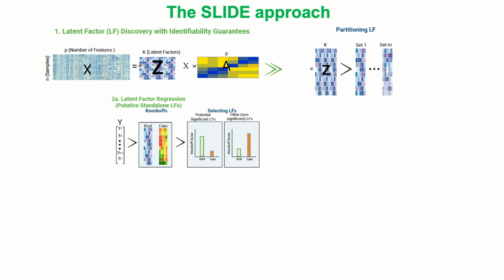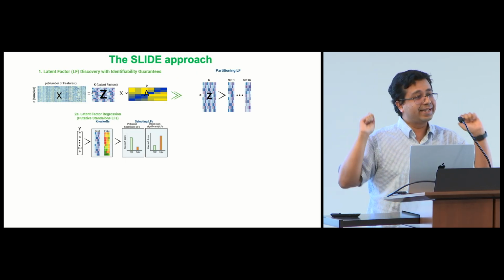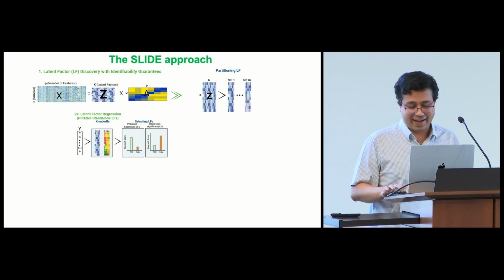So rather than using the p-values on the individual regression coefficients, we use an overall method for false discovery rate control developed by Emmanuel Candès and colleagues called knockoffs. This is obviously very, very widely used in a number of different contexts. So we control overall false discovery rate. The key adaptation was that knockoffs was originally in the observed space. We adapted it to the latent space, to the z's. So we identify what we call significant standalone latent factors.